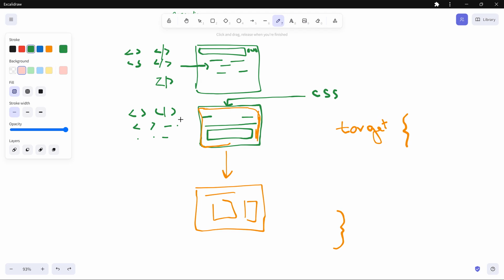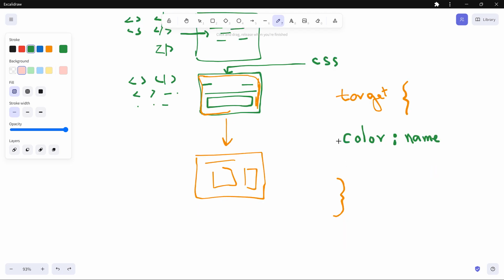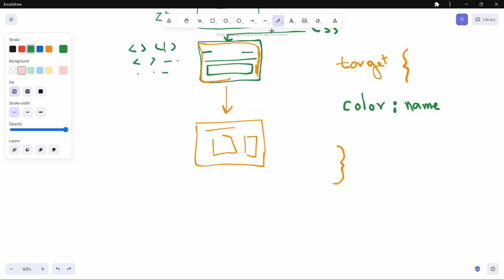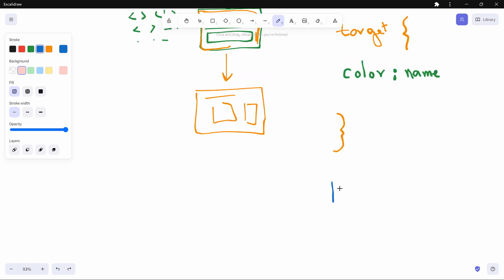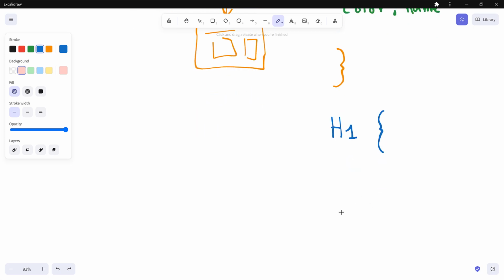So let's say in our case we would like to say, okay, change the color of the element. So you write color, and then you write a colon, and then the name of the color you would like to apply to that element. So to illustrate this structure, let's assume in our case we had a heading tag. So let's say the h1 tag. So that's our target. So we write h1, then we open the curly brace, then we close it,